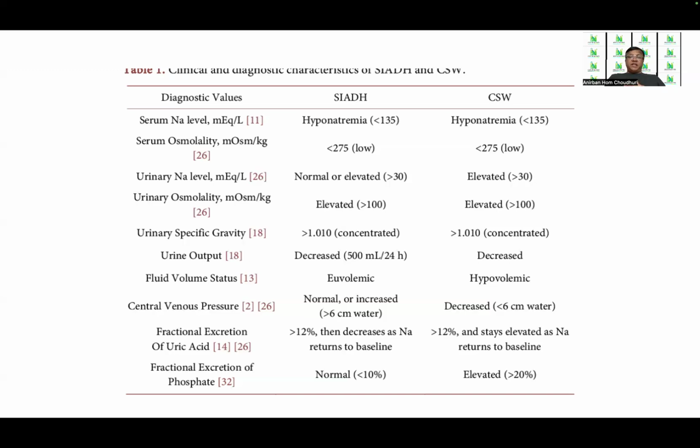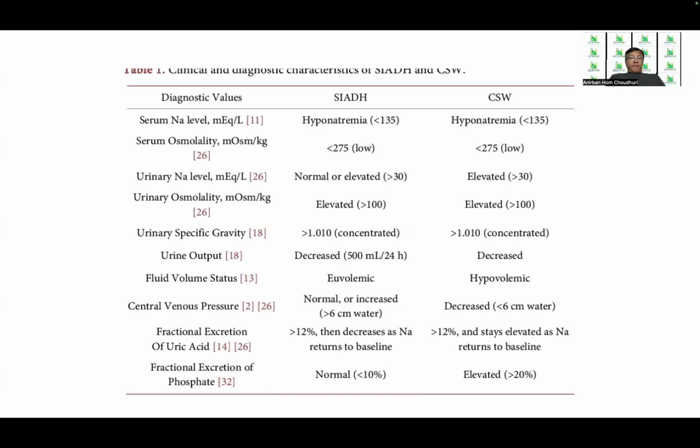Urinary osmolality is elevated in both, but it is the fluid volume status which tends to be hypovolemic in cerebral salt wasting, but either euvolemic or hypervolemic in SIADH. Urine output is reduced in both cases. Central venous pressure can be either normal or increased in SIADH, obviously, because of this euvolemic or hypervolemic state, and the same will be decreased in